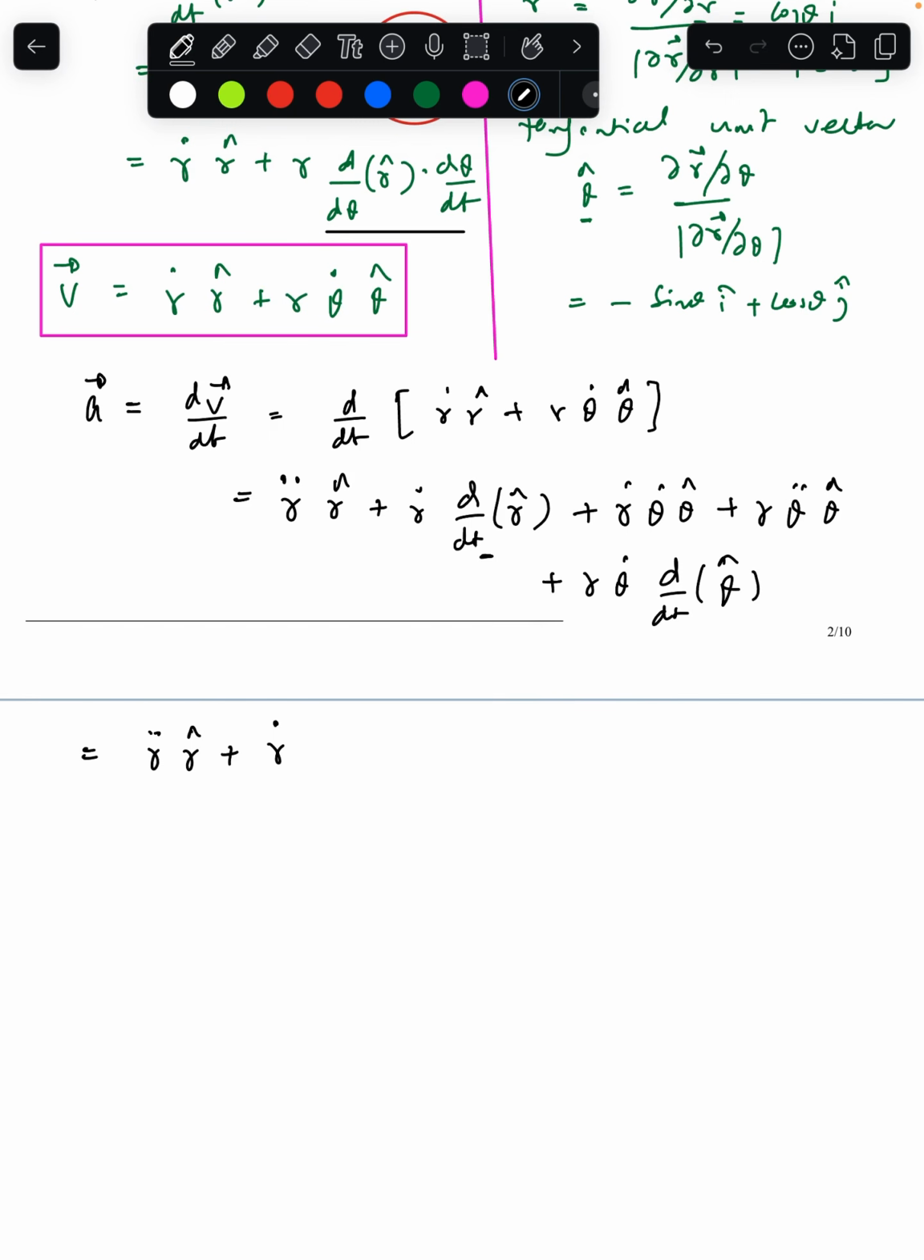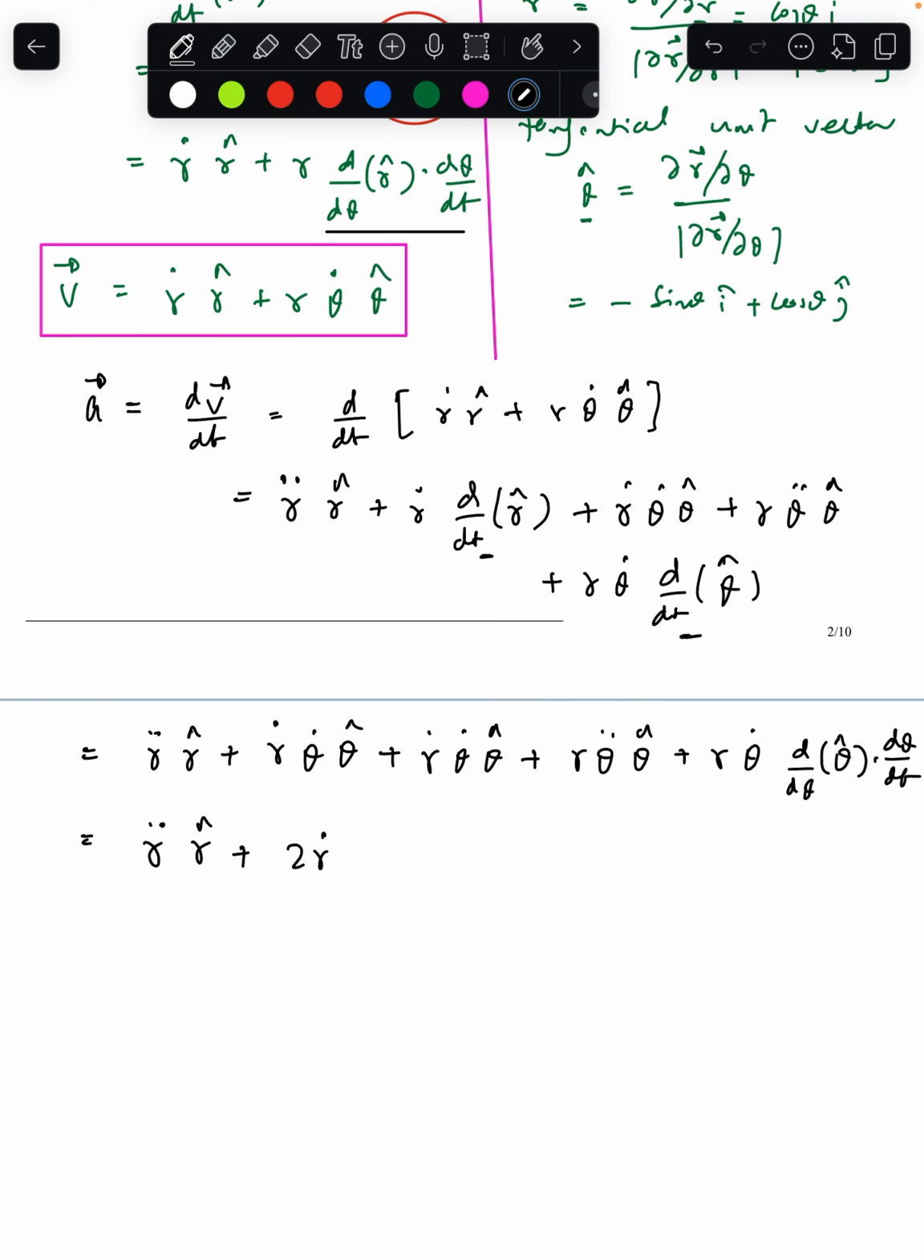So this is nothing but it is going to come, d/dt of r cap is going to come theta dot theta cap, plus the third term as usual, r dot theta cap. Next one is r theta double dot theta cap plus r theta dot. This is going to come d/dt of theta cap. I can write d theta cap by d theta into d theta by dt. So I am going to get r double dot r cap plus 2 r dot theta cap plus r theta